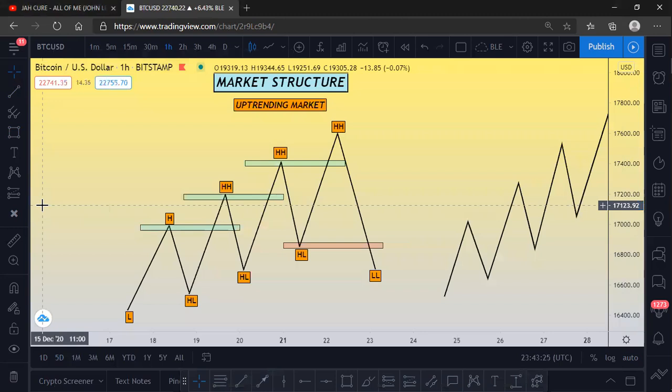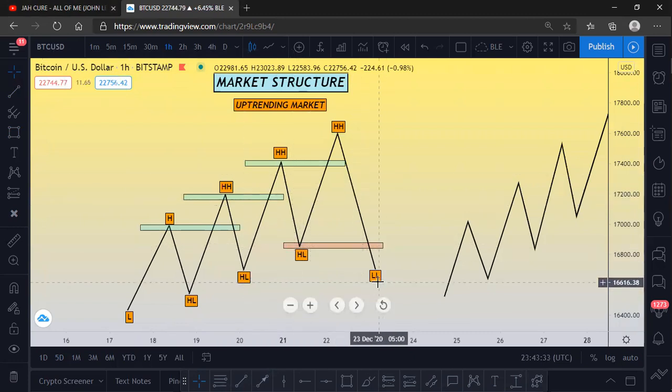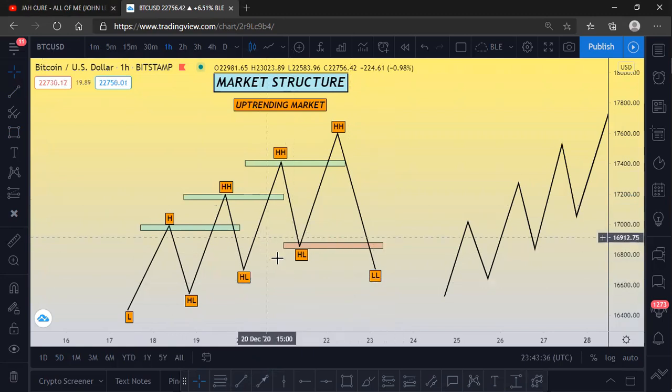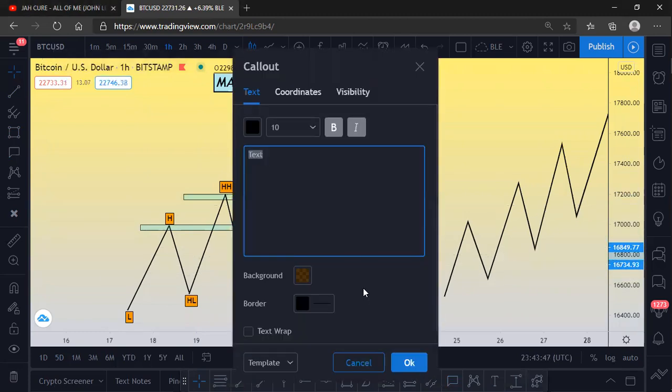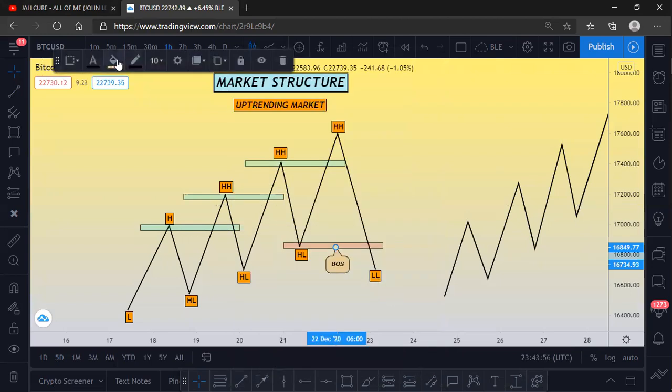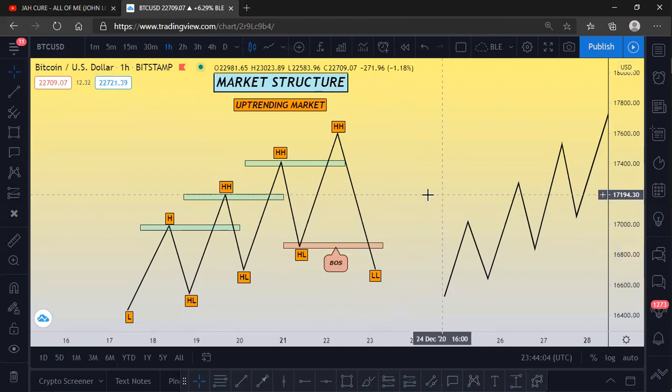You understand? Okay. All right, so you can see how price closed below this higher low, giving us a new lower low. So this is a break in structure. Now the market has gone against the primary trend. So we can consider this a break in structure. So let's do that break of structure. You understand? Or do you want me to write it full? No, you don't need to. Okay, that's good. So now this is a break in what? A break in structure, telling us that the market has shifted from an uptrend to a downtrend market.